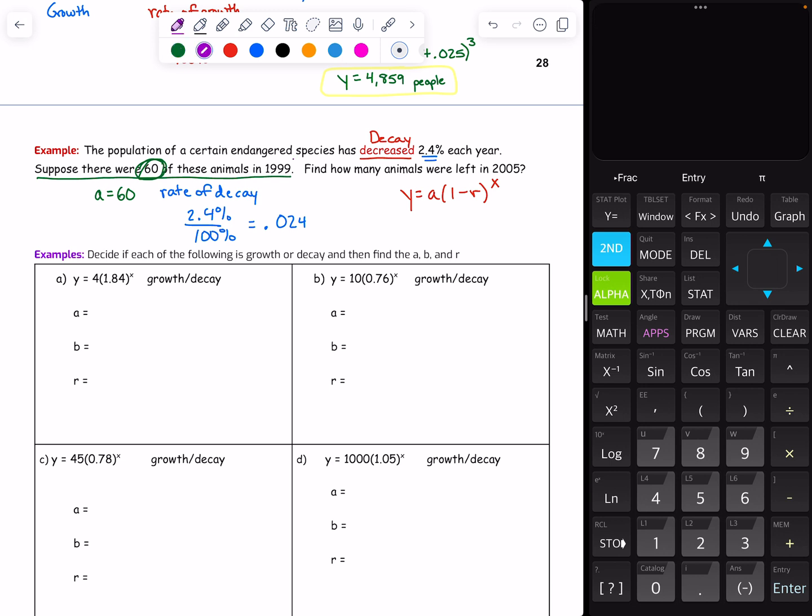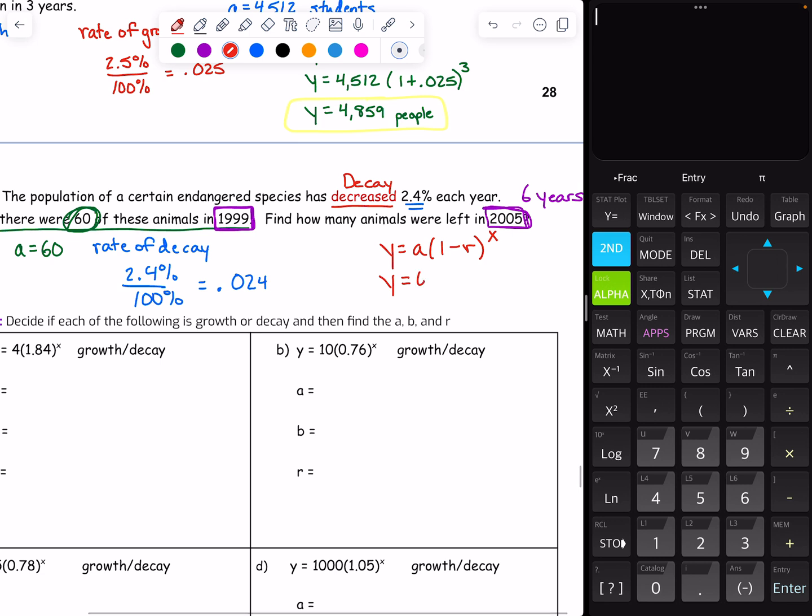So we got to think, how many years passed between 1999 when this started getting looked at to 2005, the final year it was looked at. So that is 6 years. So then let's plug everything in. So y equals the initial amount, which was the 60, 1 minus the rate, which we put as a decimal, was 0.024, and then 6 years is how long it took. And let's type all that in. So 60 times 1 minus 0.024 to the power of 6. And we get